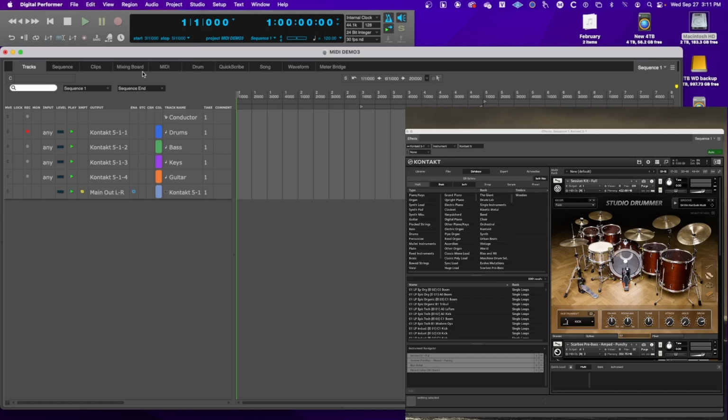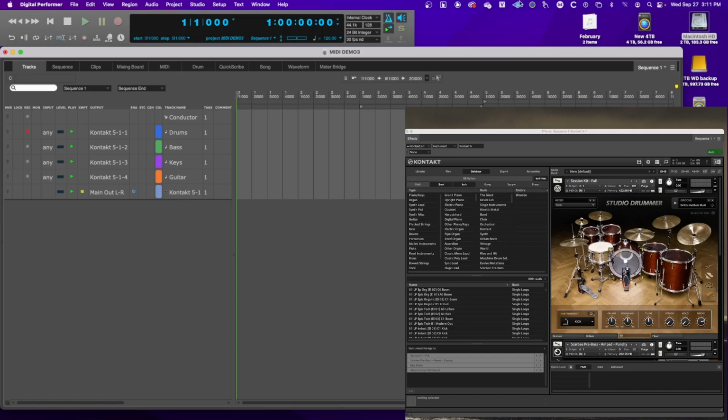The way MIDI works is that MIDI just produces notes, and the notes can be assigned to different instruments. When you play a MIDI keyboard, it's not outputting any sound, it's just outputting notes. Those notes get recorded as various notes at various pitches and what we call velocities, which is how hard or loud the notes are going to be. But in order to hear that MIDI note, you would have to feed it to something that can make a sound. In this case, we're using an instrument called Contact, which is a sampling